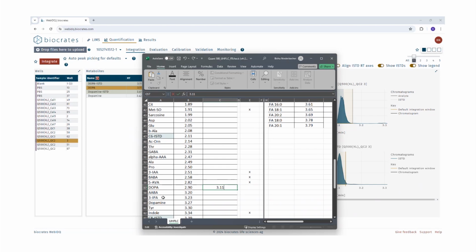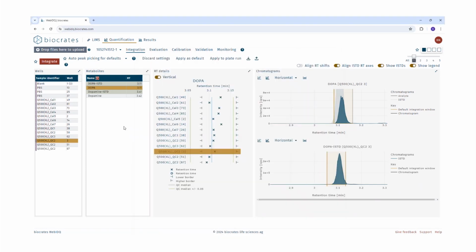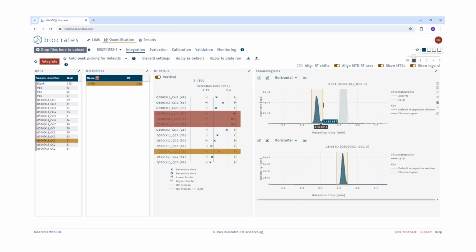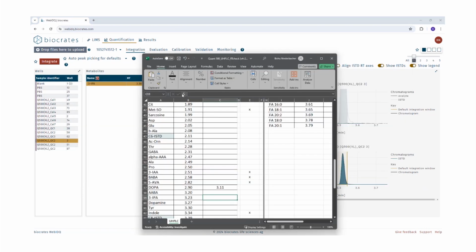And then we check the peak eluting after ABA. Again, we define here the name of the metabolite in the search field. Select the metabolite and we can see that it's well integrated and it is eluting around 3.38 minutes. So we go back to the Excel sheet, we note down the retention time of this metabolite, and now by